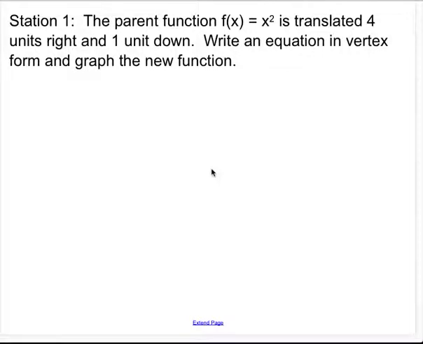The station problems we did in class today. The first station was given the parent function x squared. We wanted to translate it 4 units right and 1 unit down. So our new equation,